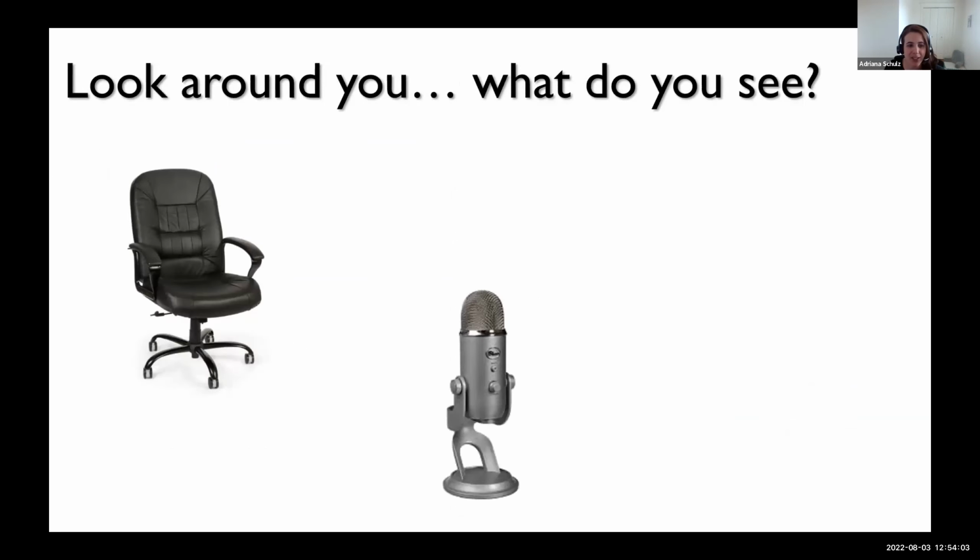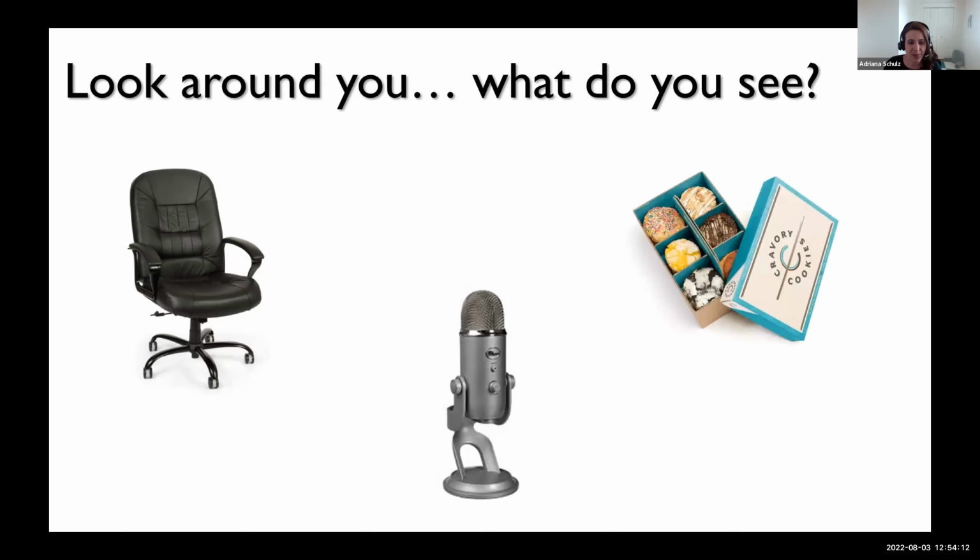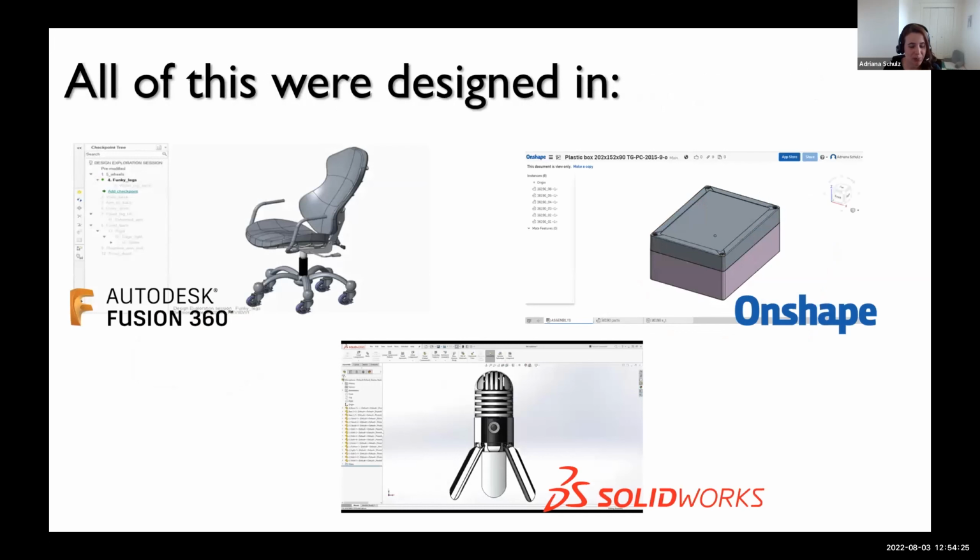Maybe there's a microphone in the room. There was this box of cookies, because you give cookies to your interns, it used to be before the pandemic. And the cookies in this box were not designed in CAD, but the box it came from and the machines that were used to build these cookies, all of this started their lives in a CAD tool.